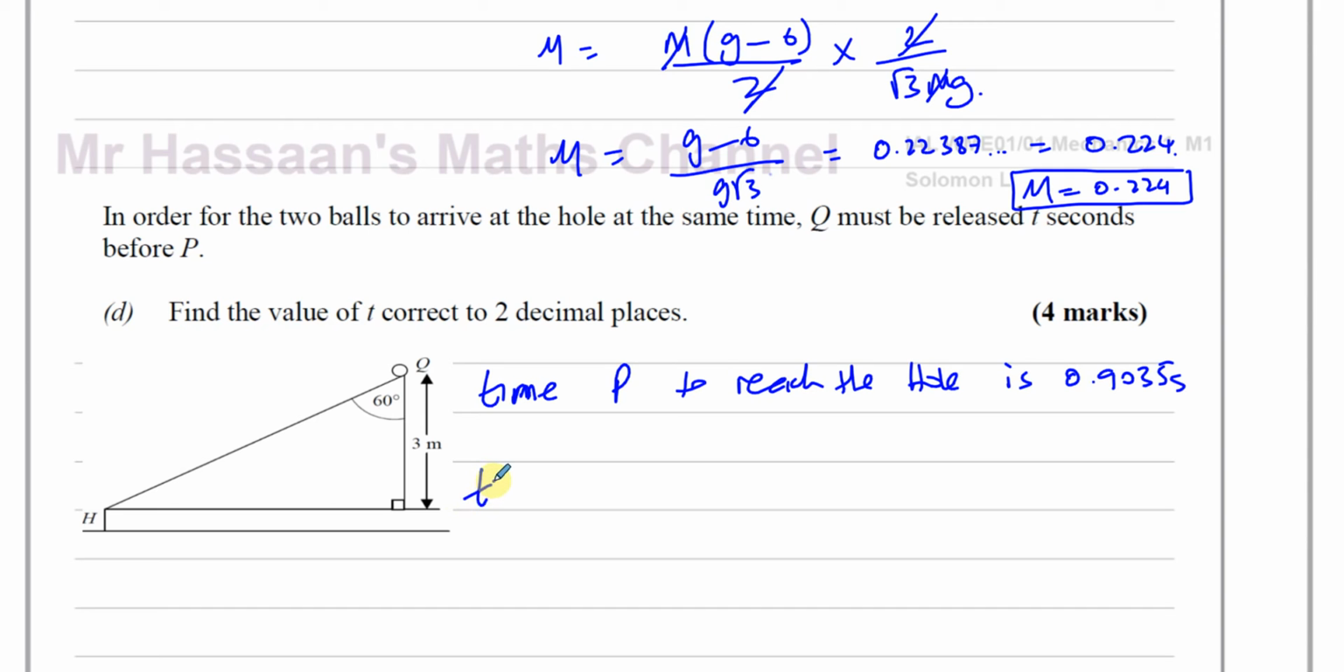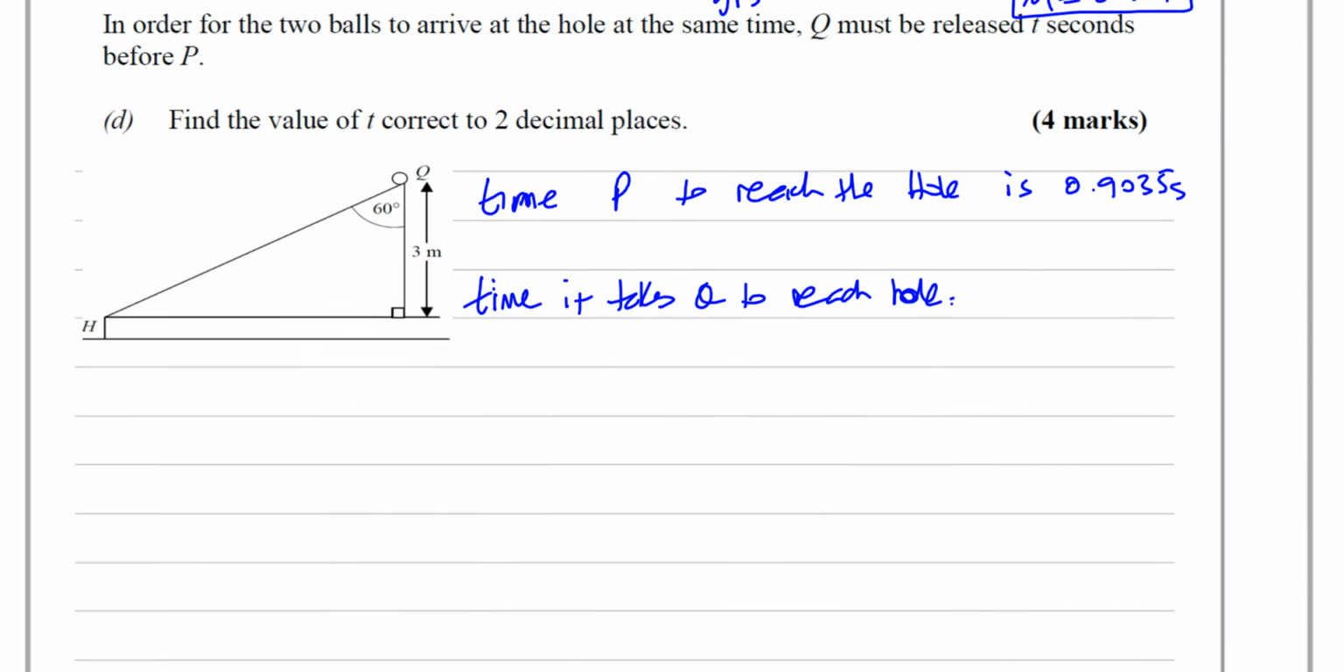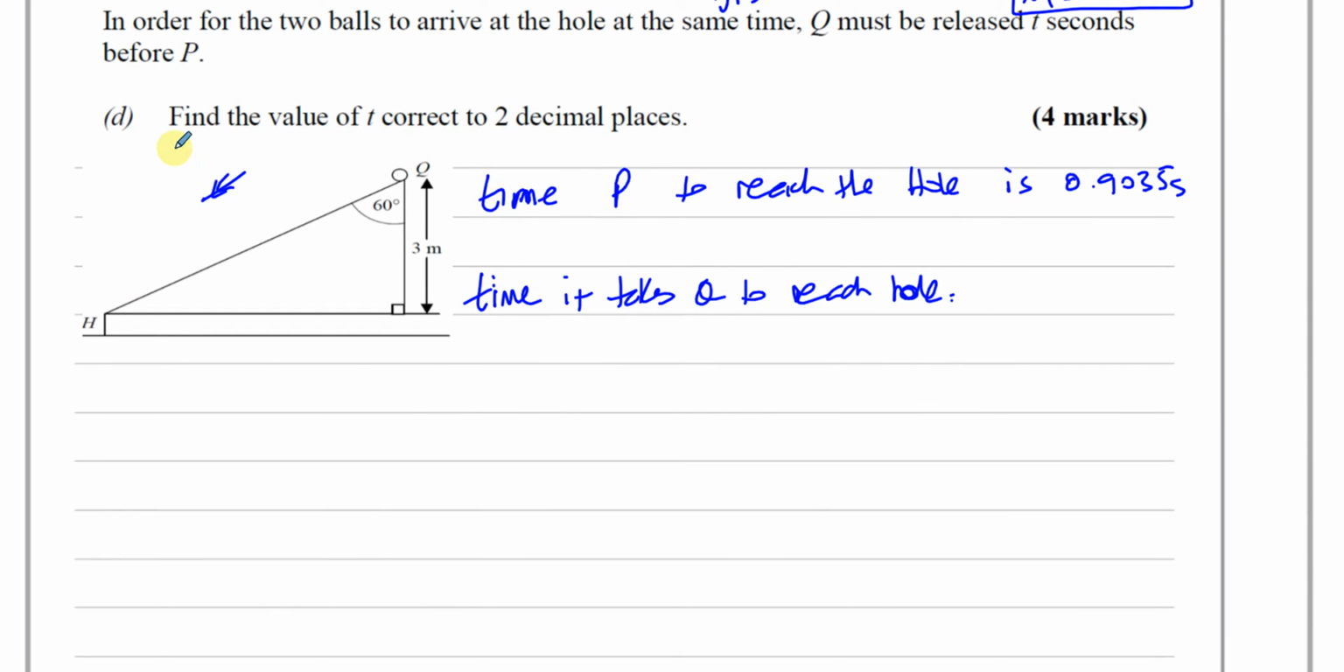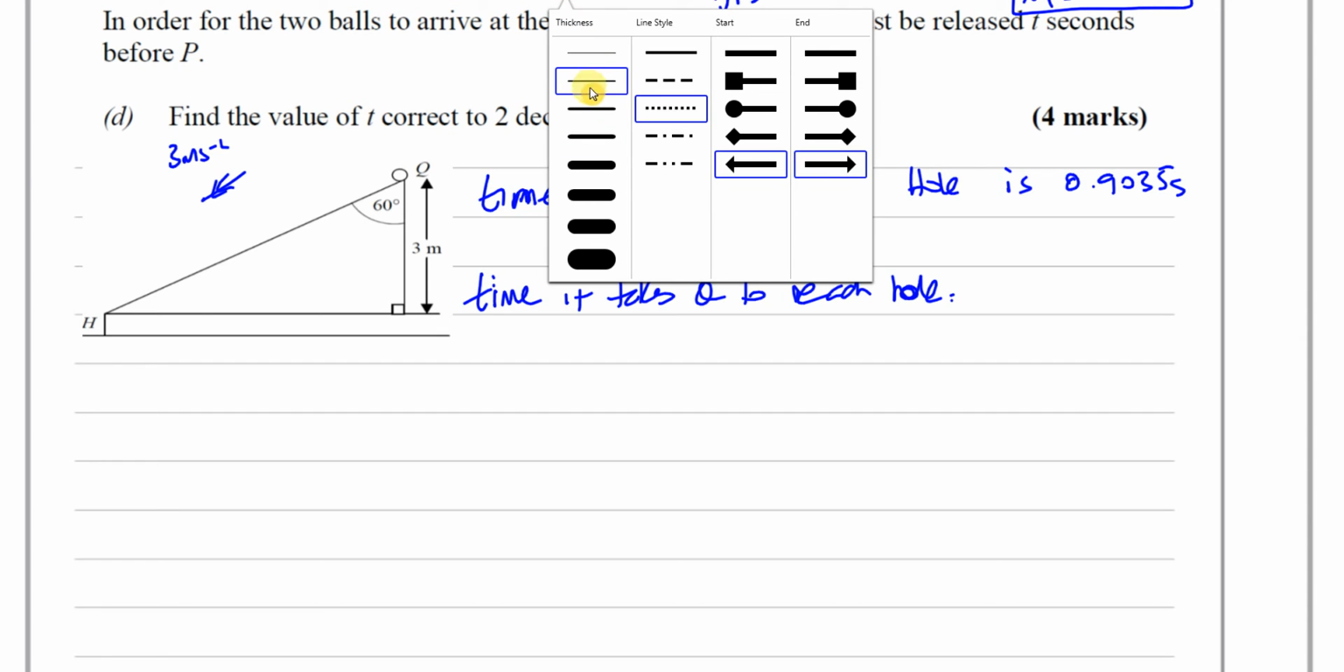Let's work out how long it takes Q. So we've got to work out the time it takes Q to reach the hole. So that's what we're working out now. All right, so very similar kind of situation. We know the acceleration is already given. So we know the acceleration is 3 meters per second squared. We know it has to travel this distance, and this distance here that it's traveling